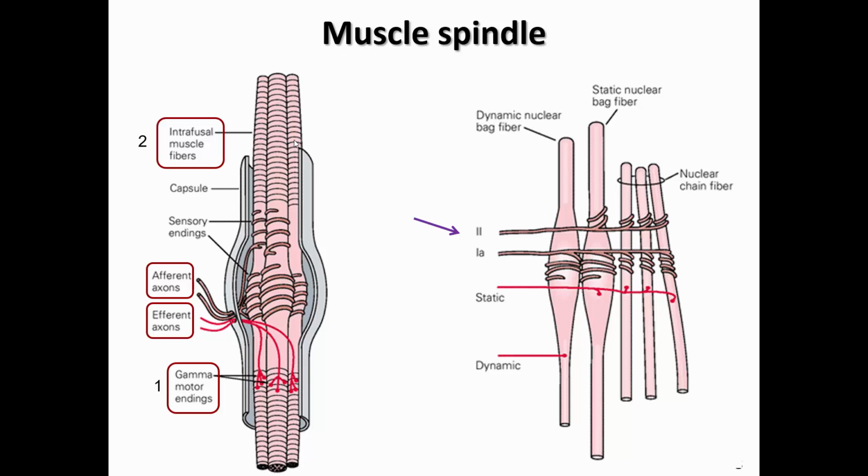So the intrafusal fibers with the contractile elements located at the polar ends, when these are triggered to contract because the gamma motor neurons have been activated, that will result in a shortening of the polar ends of the entire intrafusal fiber, and in doing so will actually lengthen the middle portion or the equatorial portion